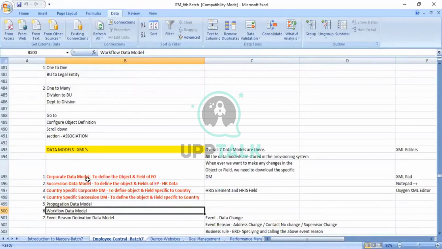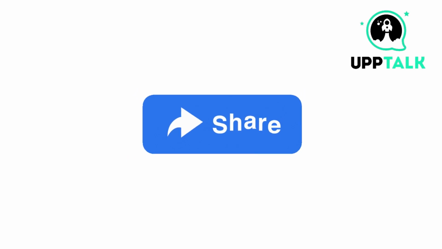They have not deleted these data models, but